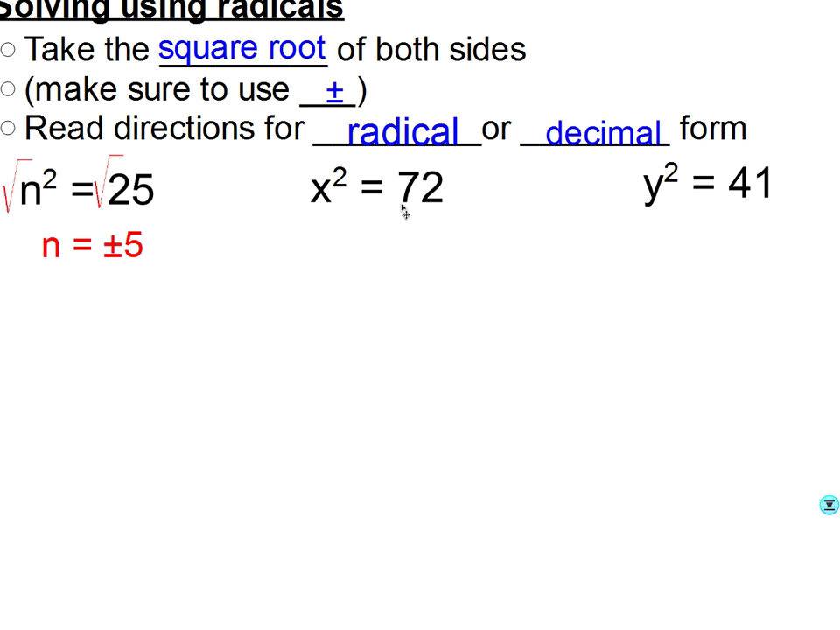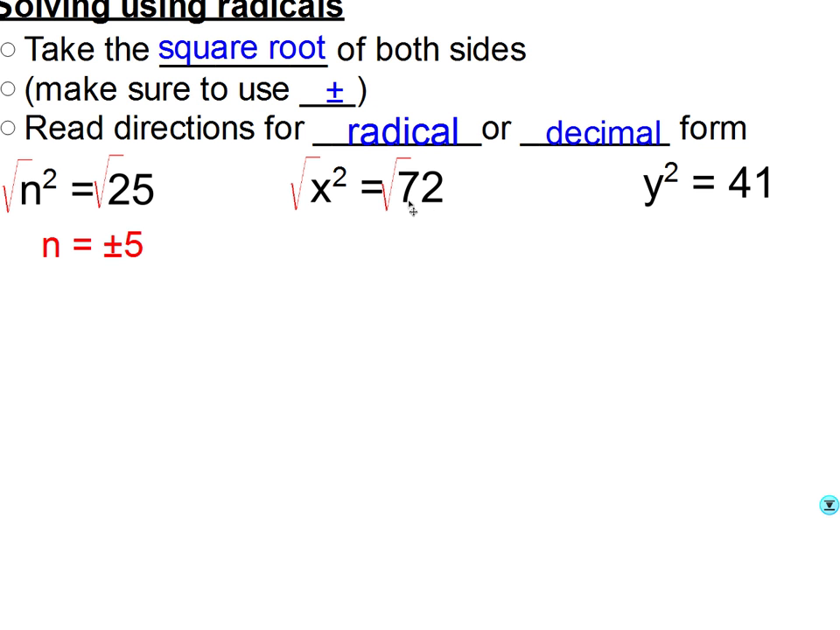Okay. In my second example, we're going to do this one in radical form. So we're going to take the square root of both sides, but we're going to simplify the 72 and keep it in radical form instead of a decimal. Now remember,